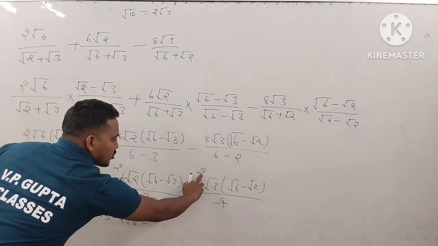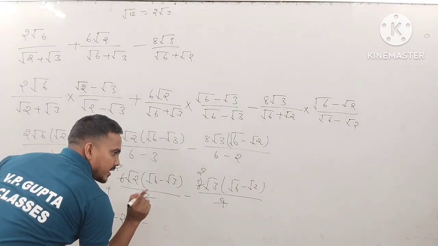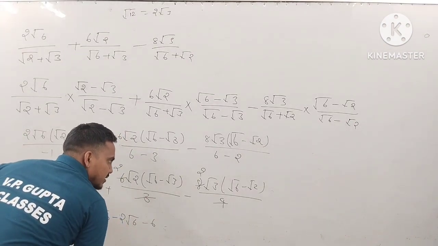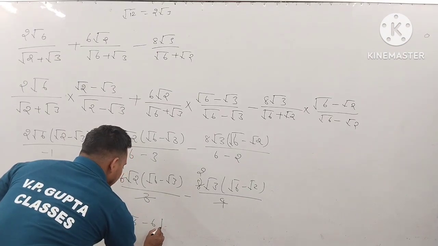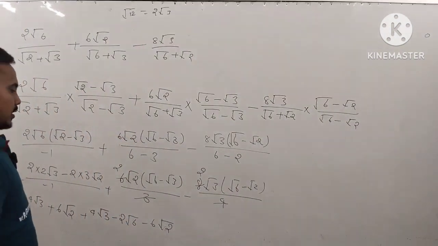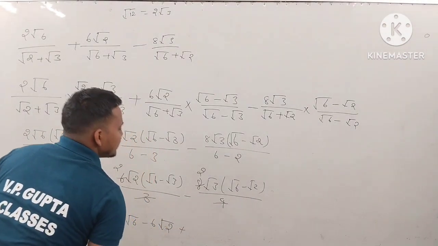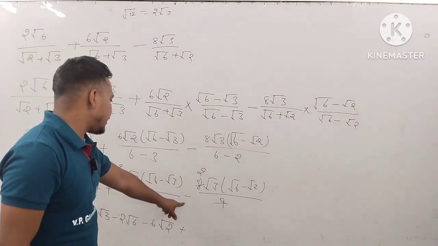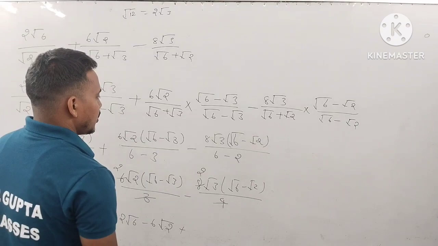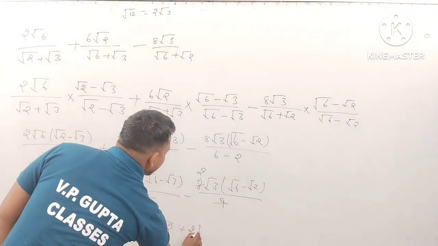2 3 is 6, 3 3 is 9, 2 is 18, and 3 2 is 6, and 6 root 2. Okay, now here positive signs, since this is the negative signs, and minus into minus is equal to plus, and here 2 root 6